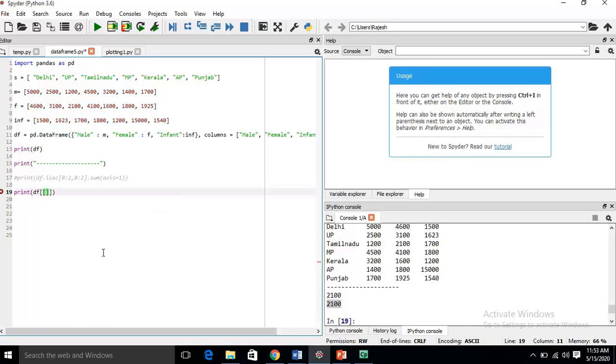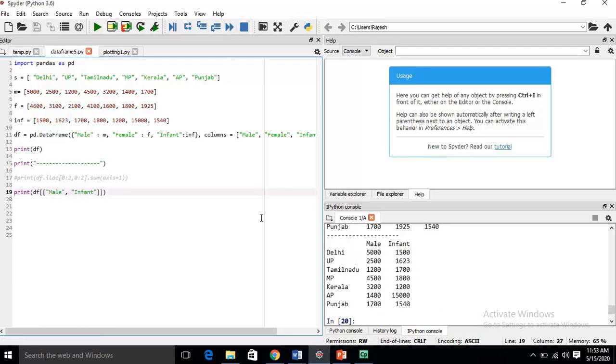When you have to display more than one column, we use a square bracket inside the square bracket, which means the double square bracket. We have to display male and infant. Execute the code. It displays only male and infant of all states.